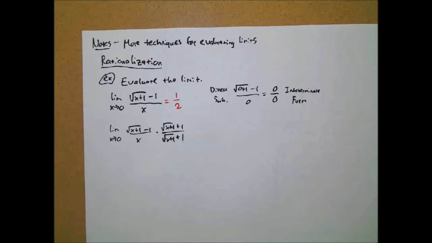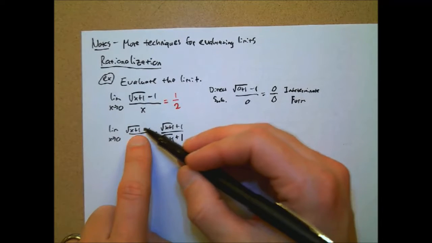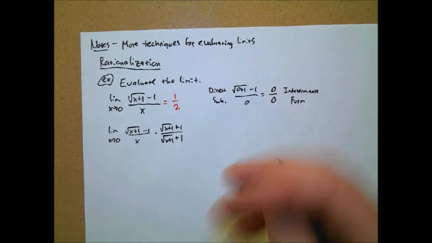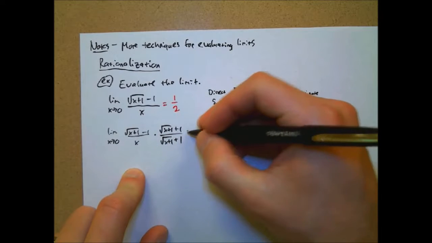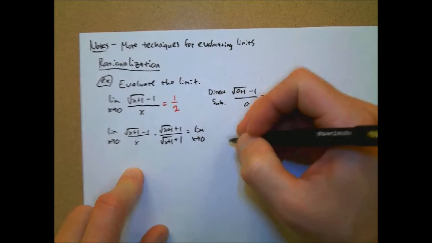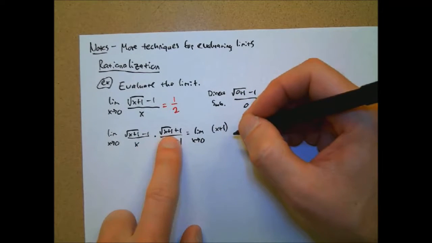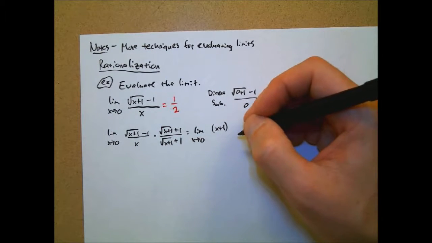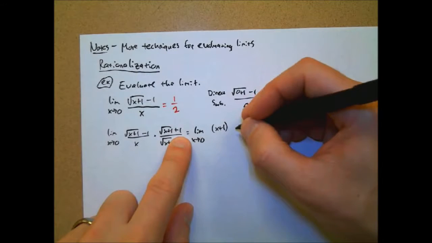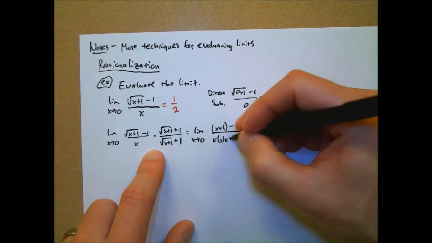We do that to create a difference of squares in the numerator. We have a minus b, and then an a plus b, so our result should be a squared minus b squared, which fixes that square root for us. We multiply there and we get x plus 1, and a negative root x plus 1 and a positive root x plus 1 for the outer and inner terms, which cancel. Then our last term is minus 1 times positive 1, so minus 1, all over